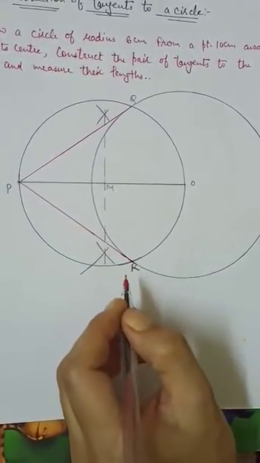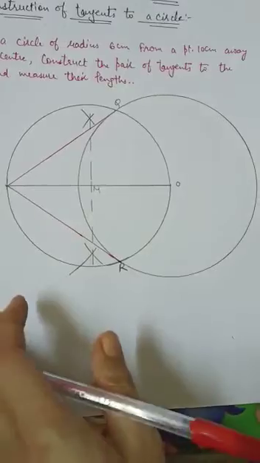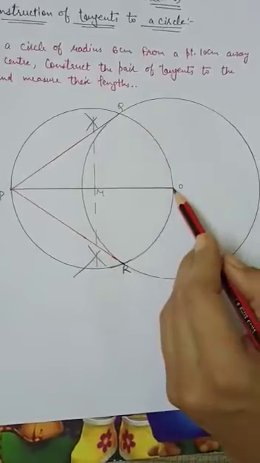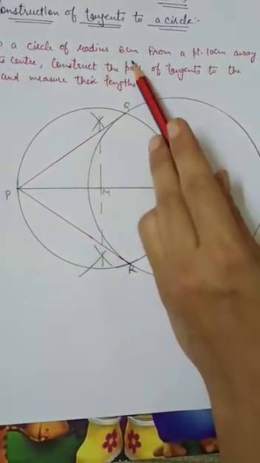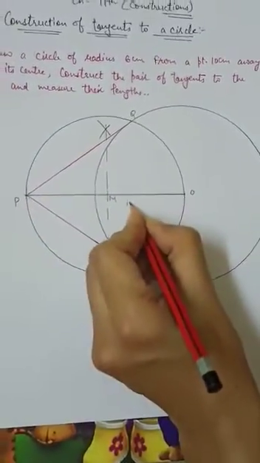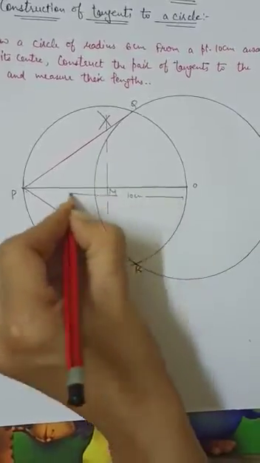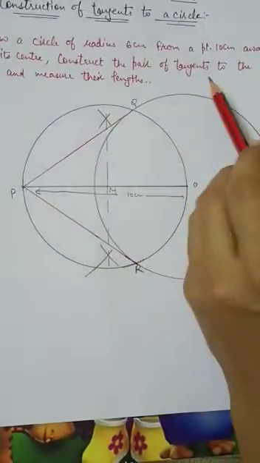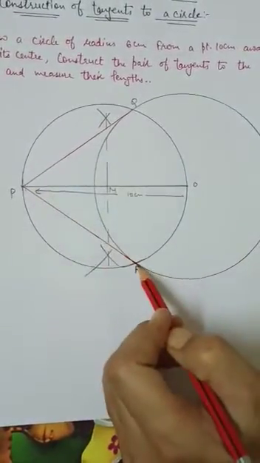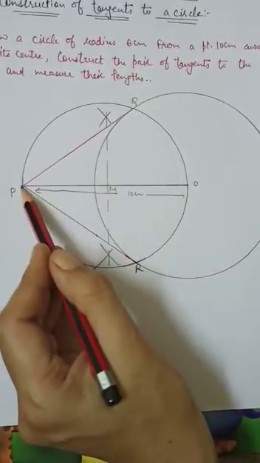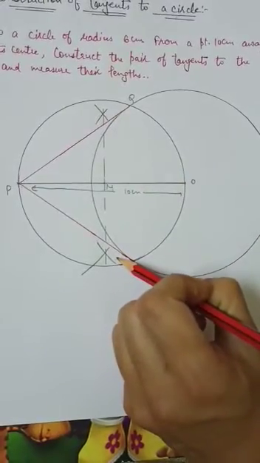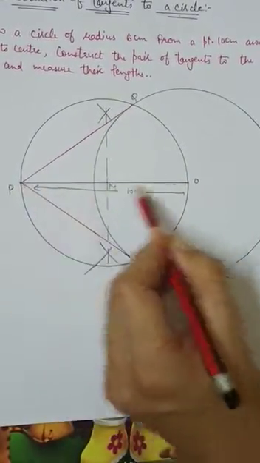Understand, everyone? Now let us see how we can write the construction steps. First, we have drawn a circle with center O whose radius is 6 centimeters, as given. Then we take the point P such that OP is 10 centimeters. Further, we construct the tangents PQ and PR from this point. Then in the next step, we construct the perpendicular bisector of PO with the help of ruler and compass, which intersects PO at the point M.